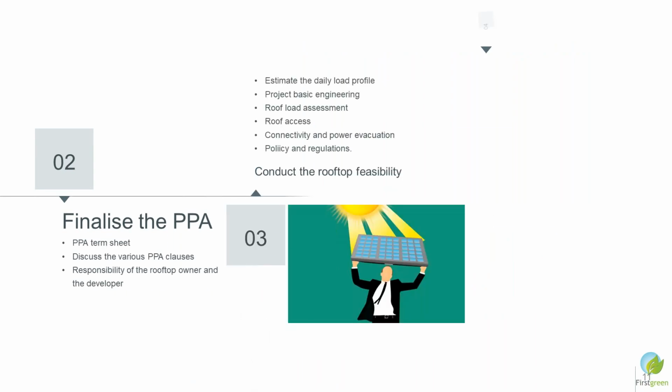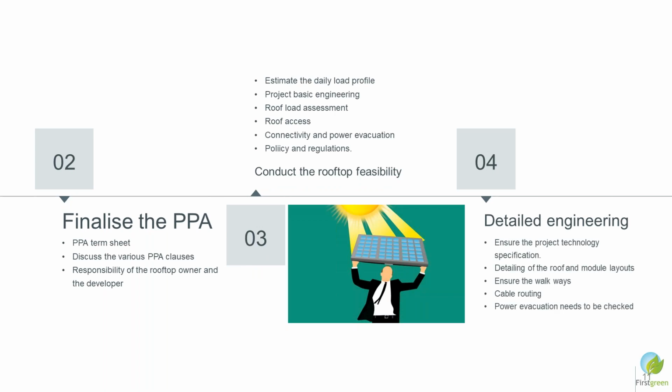Once you have identified the solar project, the next activity is to finalize your PPA, that is the power purchase agreement. You first share the PPA term sheet. The PPA term sheet is an abstract of a 50-page document. The client would like to have some key points discussed through a PPA term sheet so that they are comfortable. Once they agree to the critical terms of the project, then a detailed PPA is shared